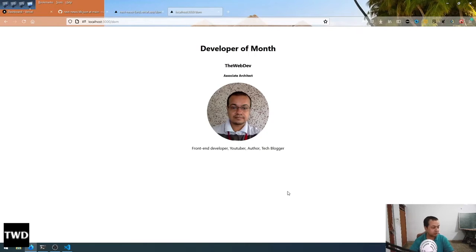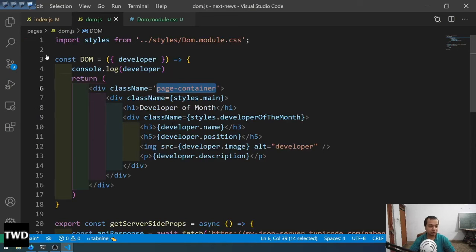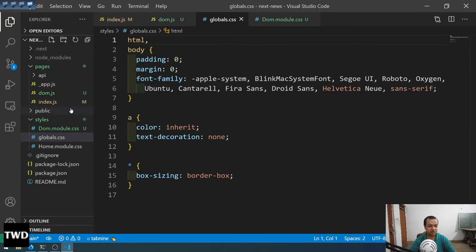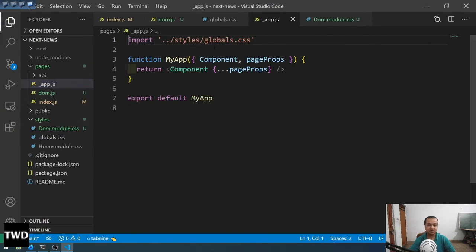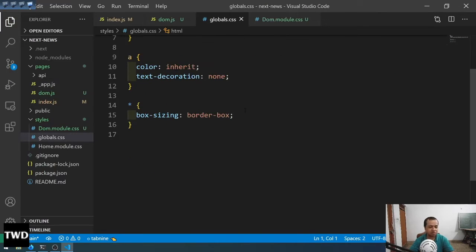Okay, as I've told earlier, this thing we will put in the global. As I've told, that module thing also means we are not using a module, we can just put it anywhere, we don't even have to import it. Anyways, for the global CSS, if you put anything in the global CSS, it is used in the app.js file, and app.js is the starting point for a Next.js app, meaning it will be applied to every component. So global CSS will come down, and